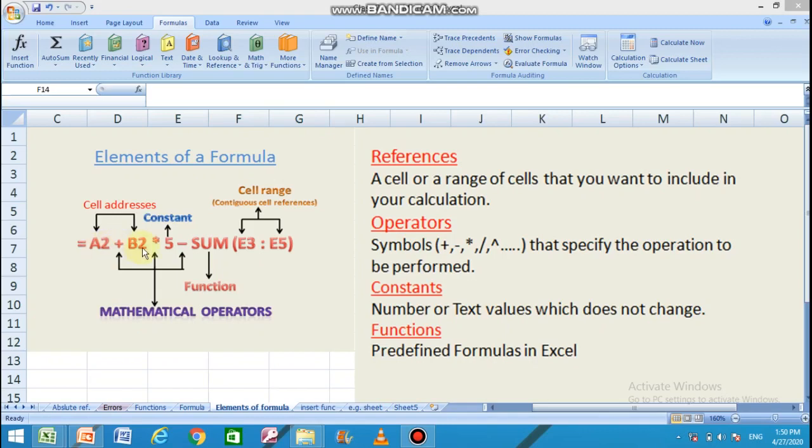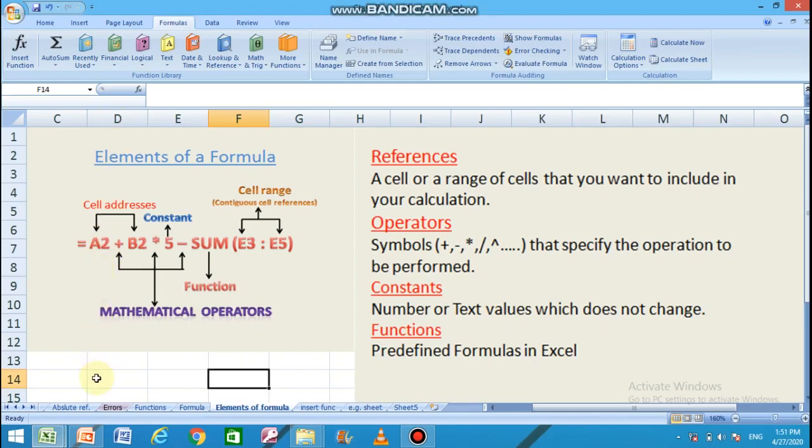A2 and B2 are indicating two cells which have some values, and those values are going to take part in this calculation. How are these cell addresses or cell references formed? They are formed by joining the column name and the row number together. For example, this cell is in column D on the 14th row, so the cell address is D14.